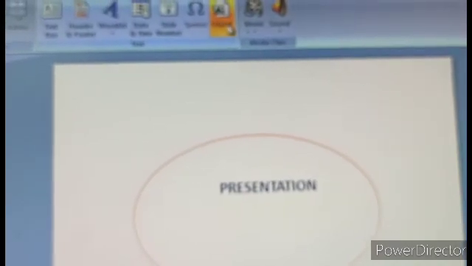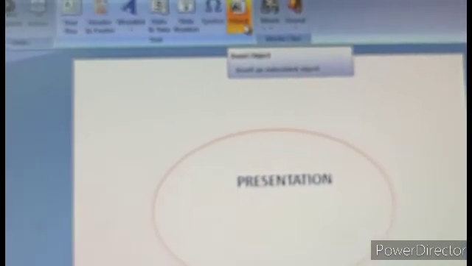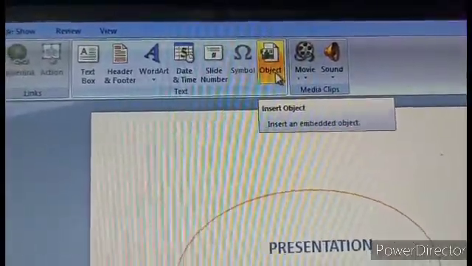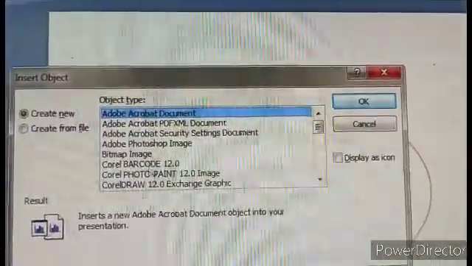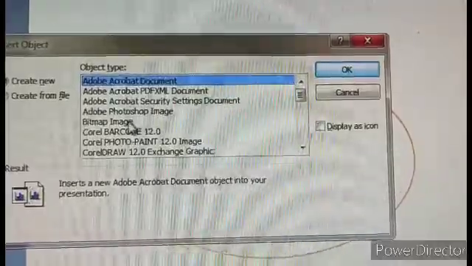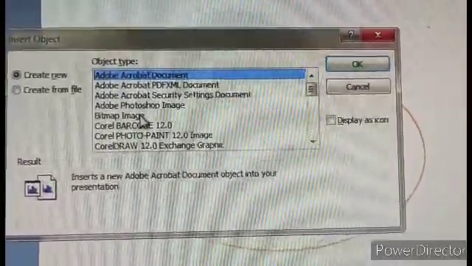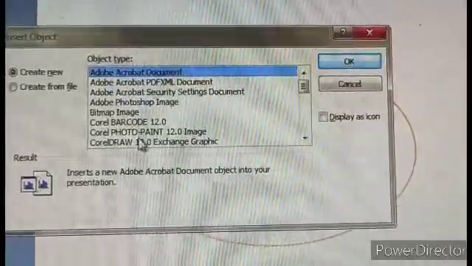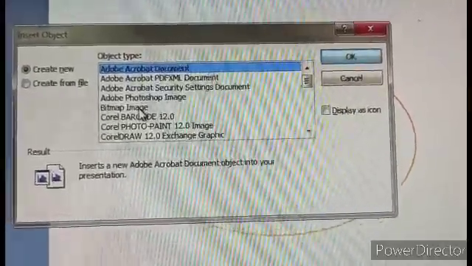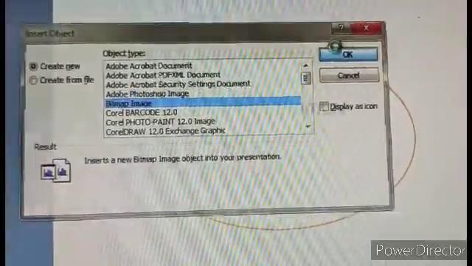Next, leave this symbol. Next is object. What is object? This helps us to work with another software or application, and those are available here. In object, if you click on it, see, the names of other kinds of applications or software have come here, like bitmap image. Bitmap image means in MS Paint we can work directly. There are also Adobe Photoshop, Adobe Document, and Corel Draw, which are drawing related software. Suppose bitmap image. If I click the OK button, see, directly I have got the MS Paint screen.